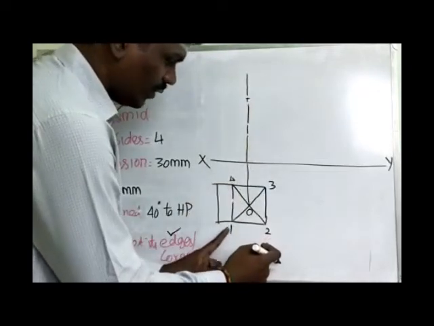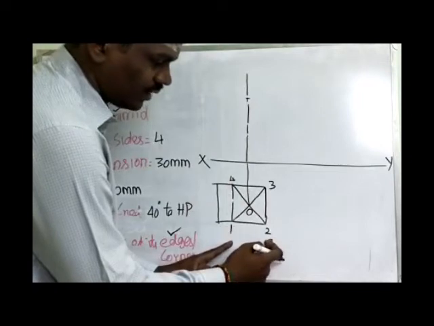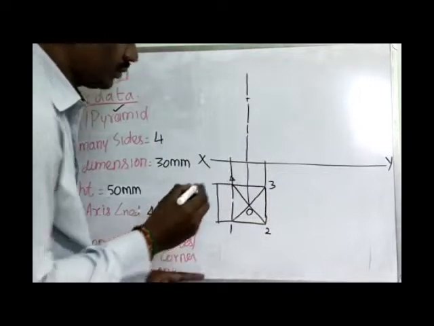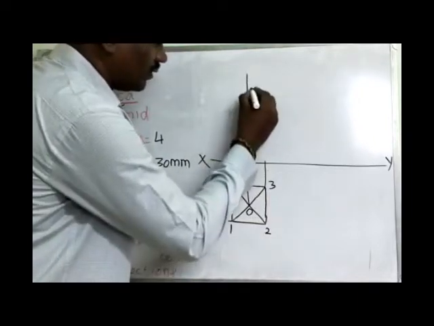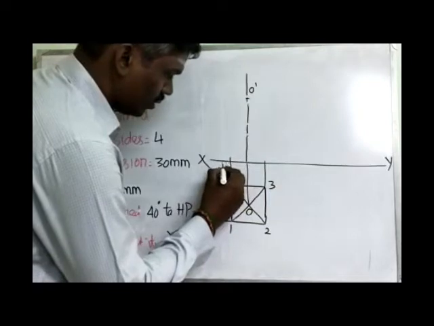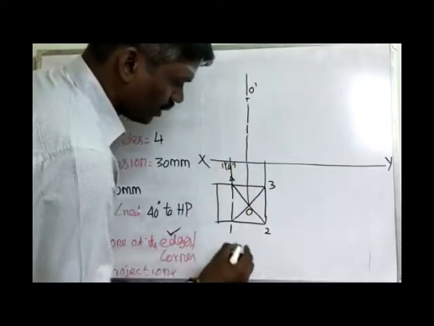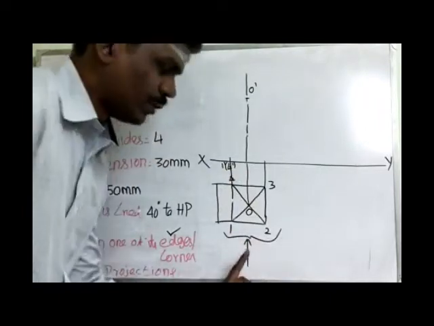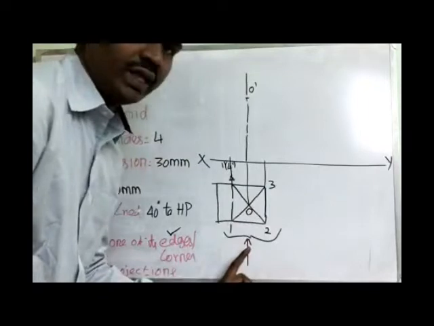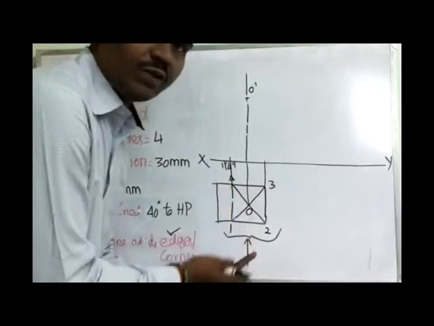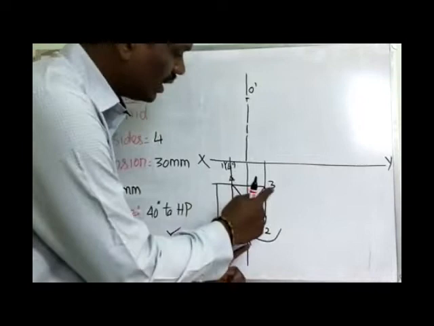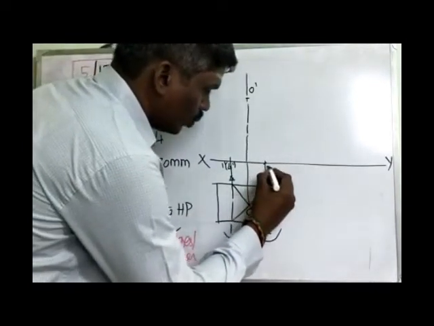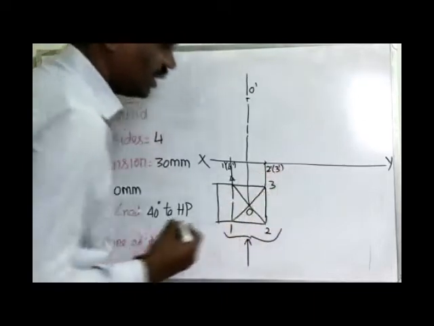From the left extreme point to the right extreme point, you project it to the reference line. Now this is O dash. Now this is 1 dash, 4 dash. Here 1 is visible, 2 is hidden. From this observer point of view, 1 and 2 are nearer to the observer. 3 and 4 are away from the observer. So 1 and 2 are visible, 3 and 4 are invisible. So when you project the base edges here, 2 is visible, 3 is hidden.